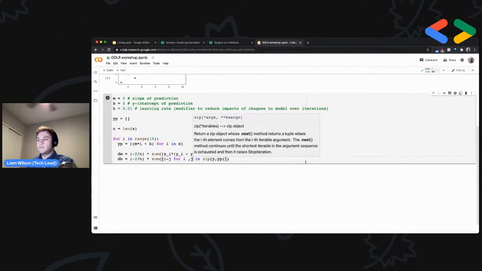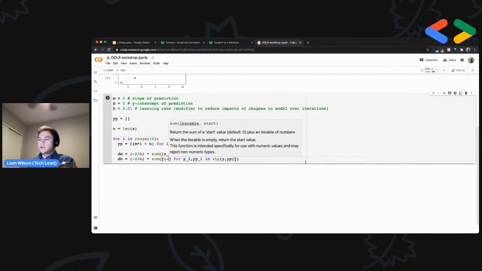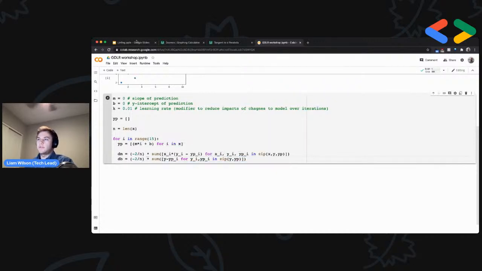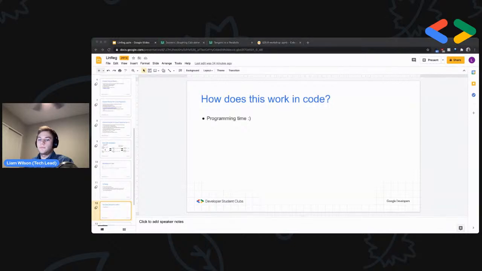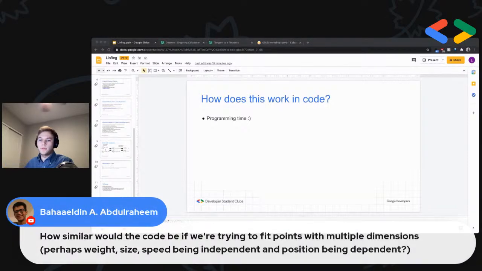Change these to I, just for clarity. So if we want to go back actually really quickly to